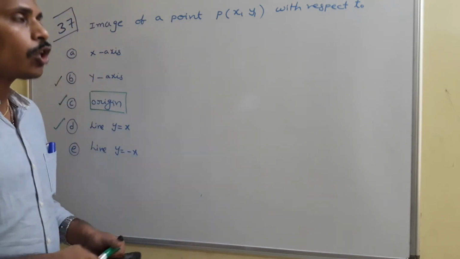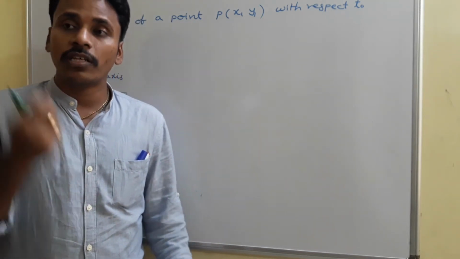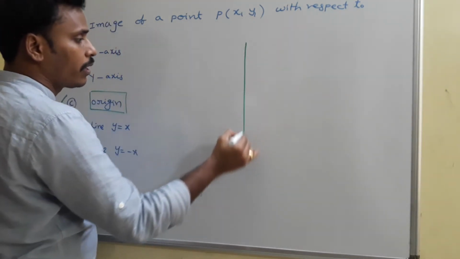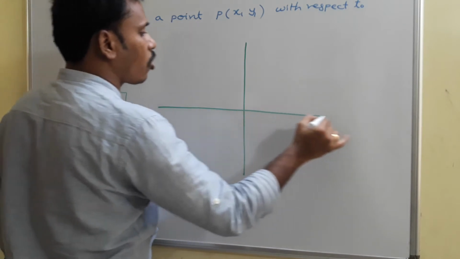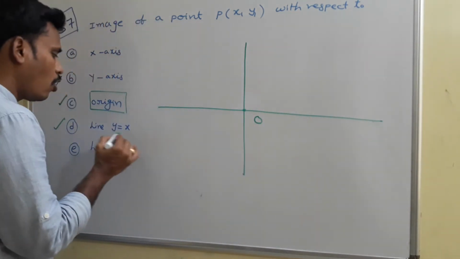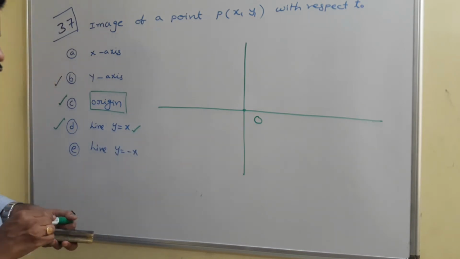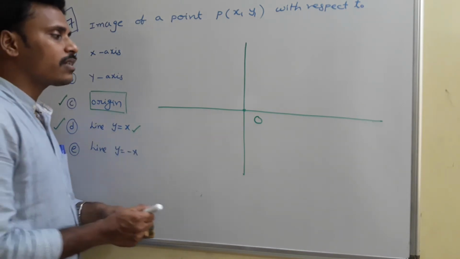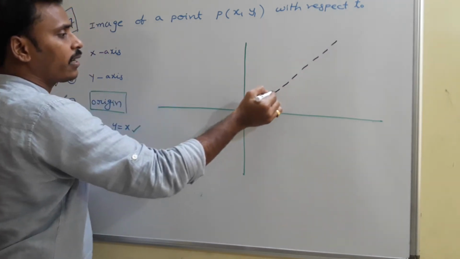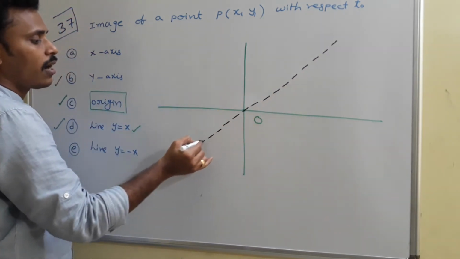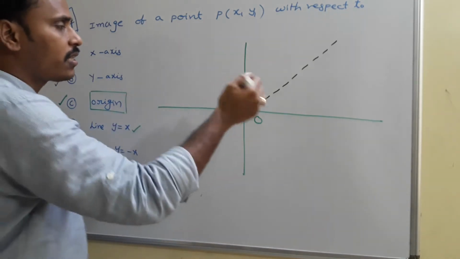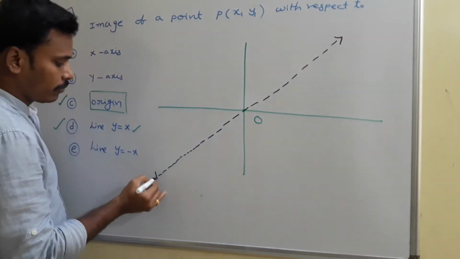And now, without using that formula, I am just visualizing the diagram, how it is located in the coordinate system. Take this as the y-axis and this horizontal line as the x-axis, and this is the origin. Now, the line is y = x. Yeah, y = x is a line which passes through the origin, right? Exactly, it passes through the origin and it cuts the angle into two parts. This is the line y = x.